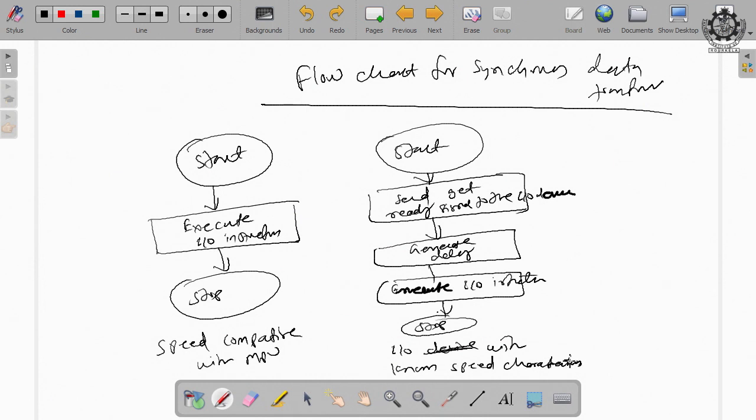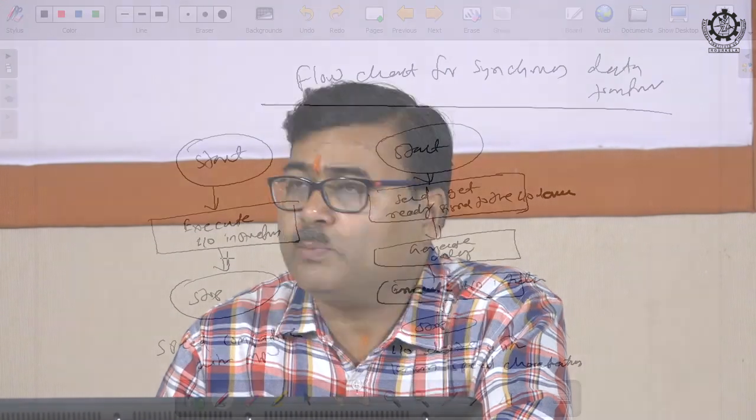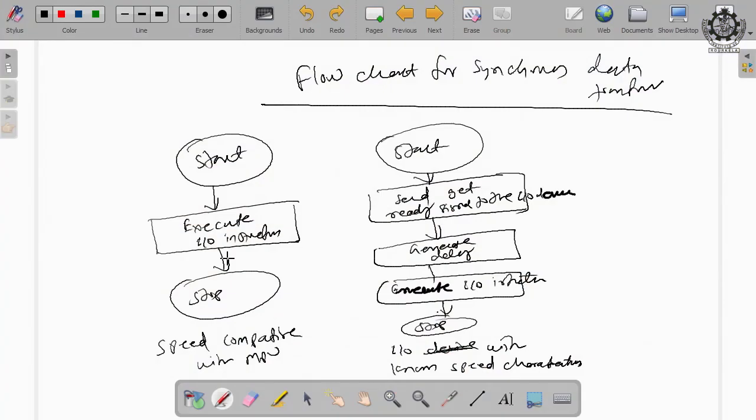So, this is the flow chart of the synchronous data transfer. Both the examples come under the synchronous data transfer. Here you are executing a number of instructions for transferring the data. It may be between memory and microprocessor, or microprocessor and memory, or between a pair of registers within the microprocessor.